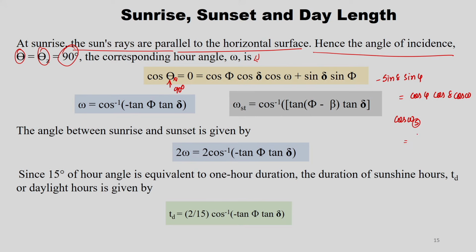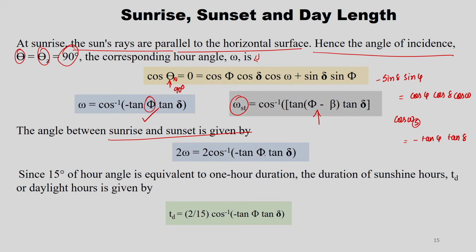So, sin upon cos gives minus tan phi tan delta. If we have a tilted surface, then from the latitude we subtract the slope angle, which is nothing but beta. The angle between sunrise and sunset is given by omega equal to cos inverse of minus tan phi tan delta,